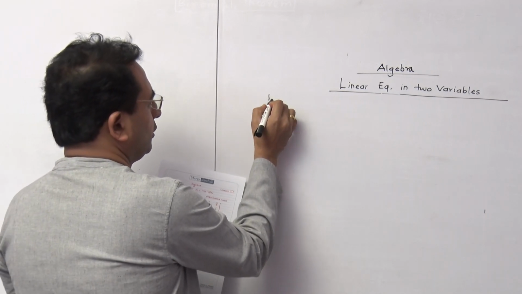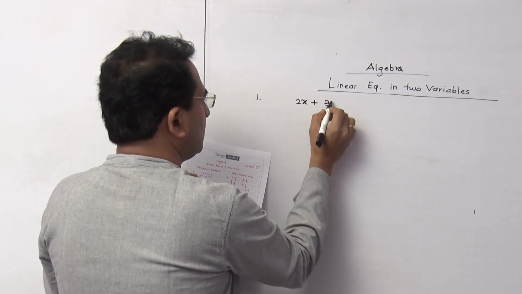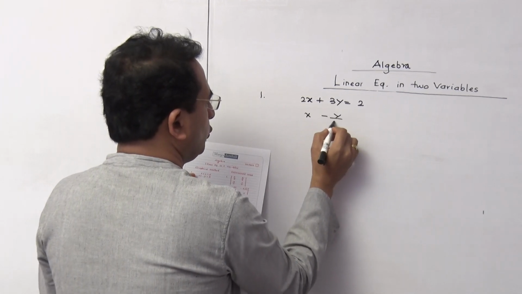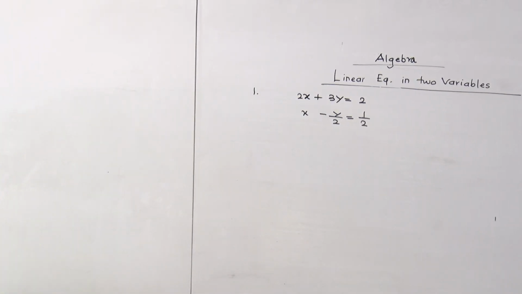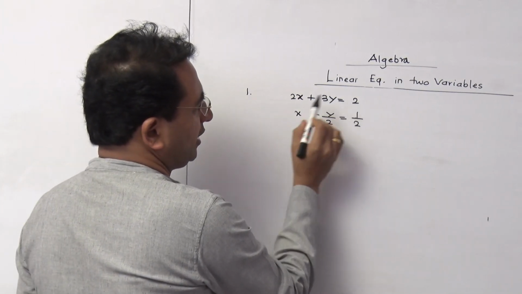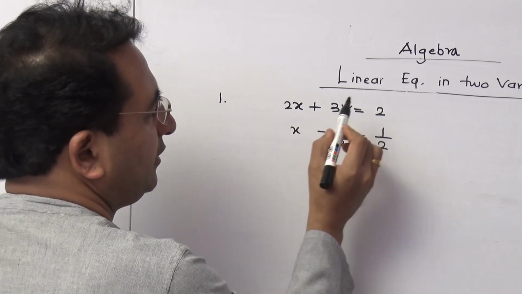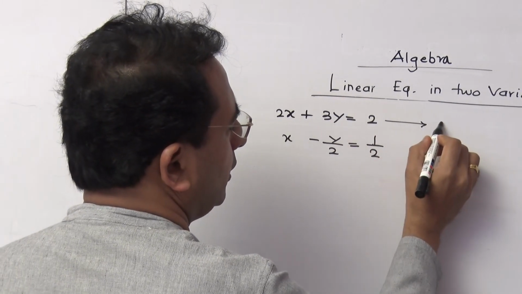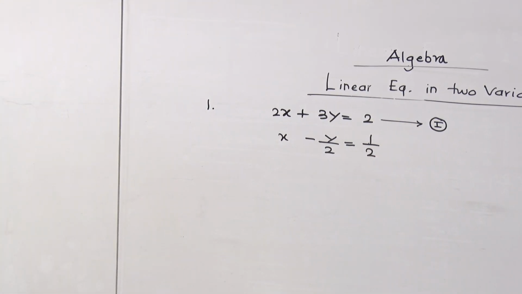Now see the first equation here. I am writing here 2x plus 3y is equal to 2 and x minus y by 2 is equal to 1 by 2. These equations we have to solve by Cramer's rule. Now first of all, let me be very clear. Simultaneous equations, when you solve, we have to write the equation like x, y, then constant. If the equation is like that, then only we are supposed to number it. That is what we are writing as equation number 1. Is that clear to you?